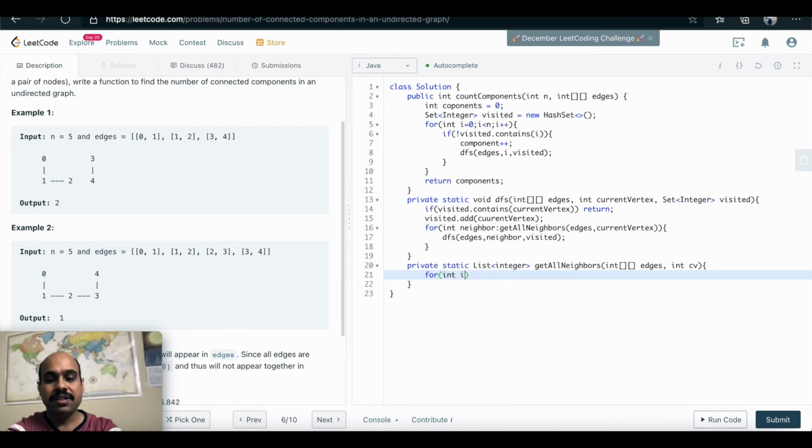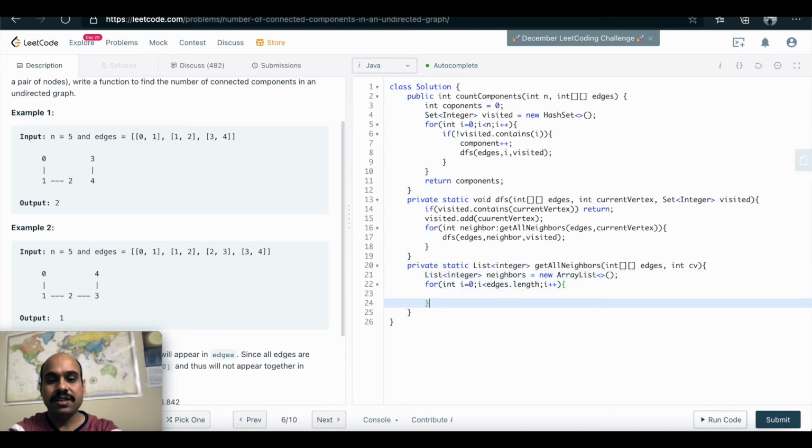For int i equal to 0, i less than edges.length, i plus plus, and before that, because I need to return a list of integer, let me create a list of integer first. Let me call it neighbors, and it will be a new ArrayList.